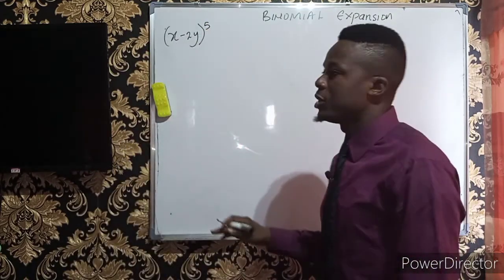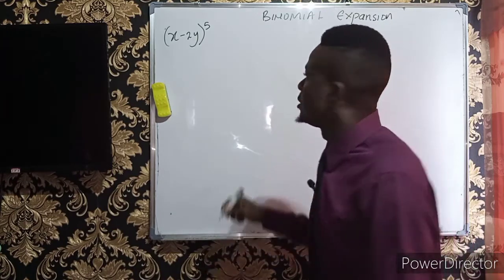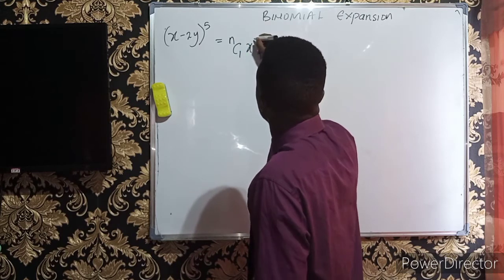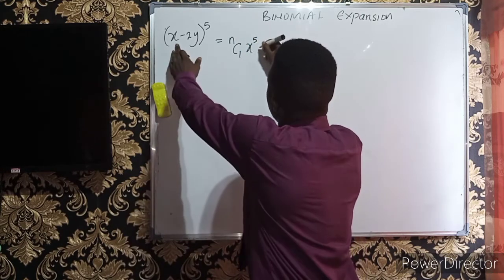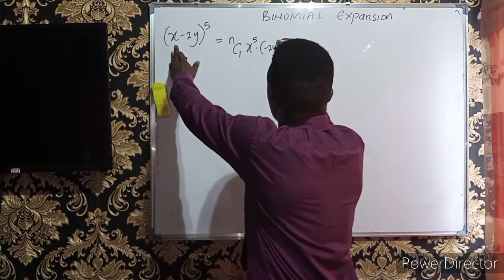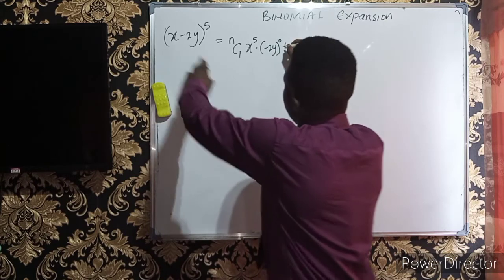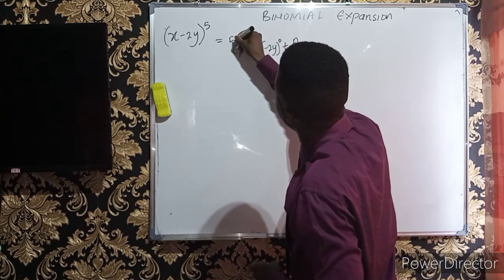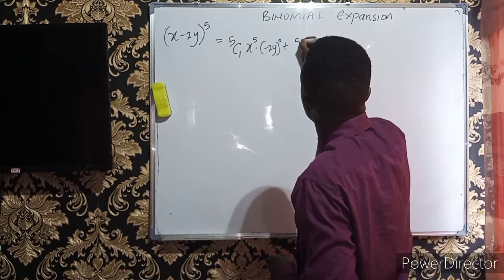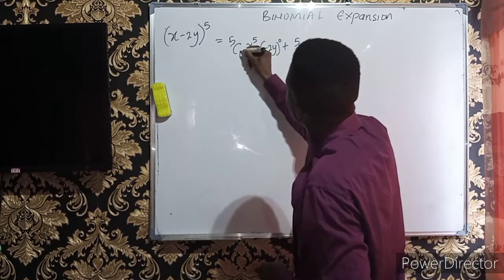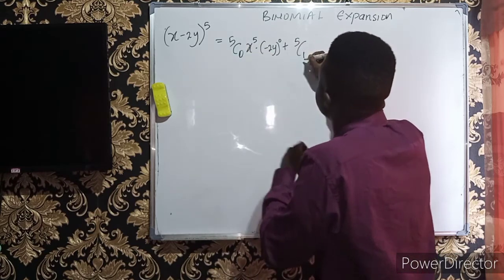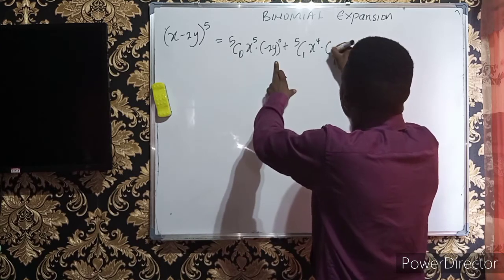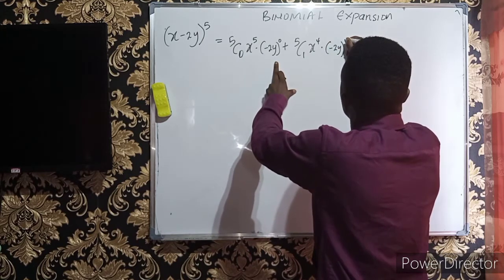So this is what you have in the second question, (x − 2y) to the power of 5. This will be the same thing as 5 combination 0, x to the power of 5 times (−2y) to the power of 0, plus, we have n, but our n is 5, plus again 5 combination 1. After 0 you have 1. The power of x will reduce to 4, and (−2y) will increase to 1,